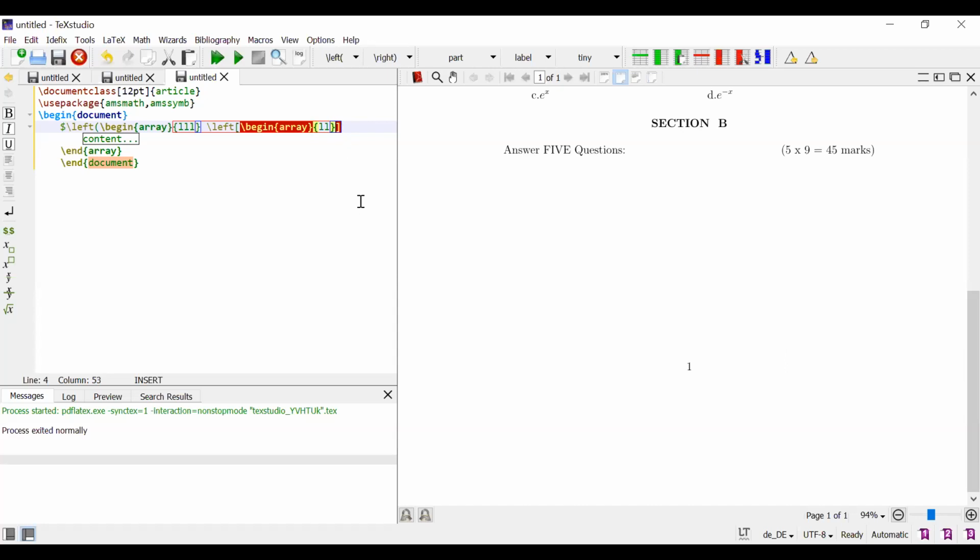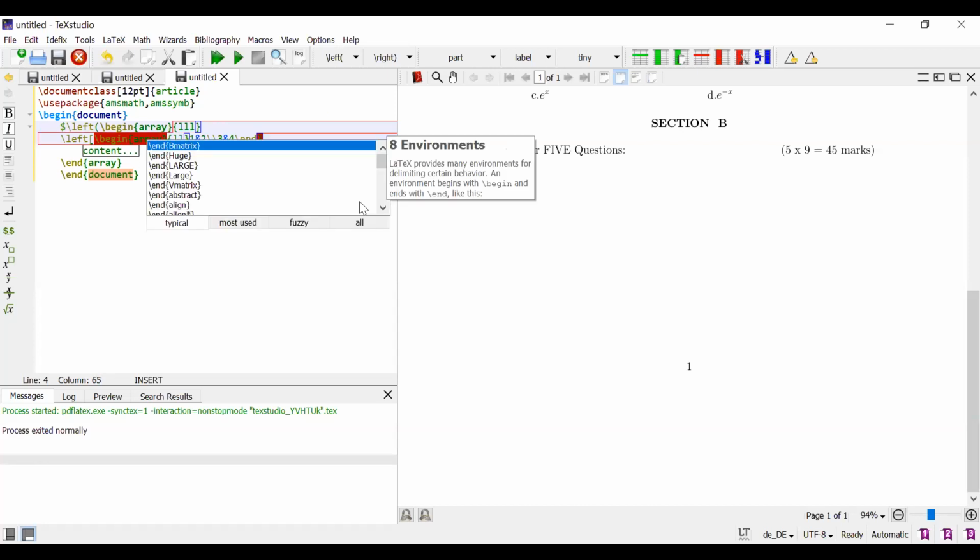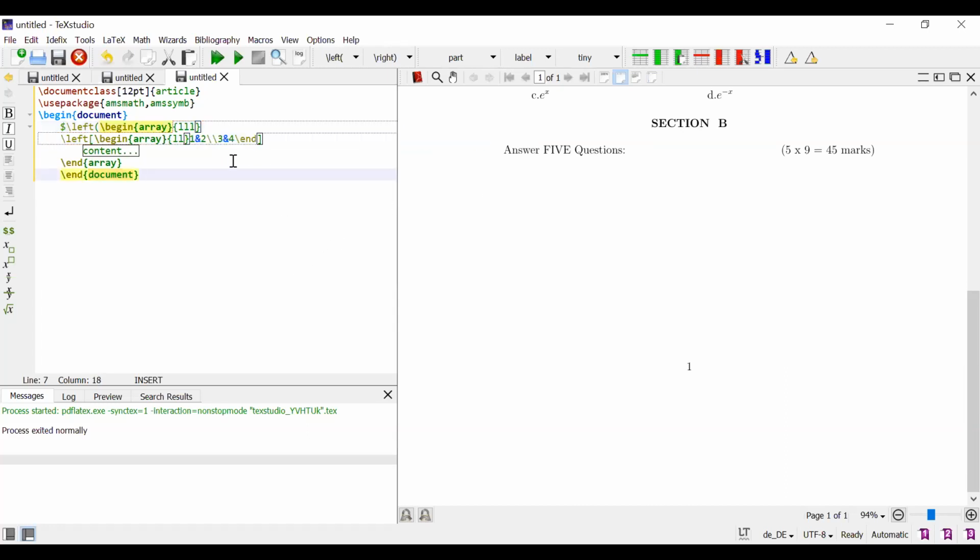Next, in this array, the elements is 1 and 2 in the first row. For the second row, 3 and 4. Next, end array, because this is a 1, 1 array. Okay, 1, 1 place we have it. End array.